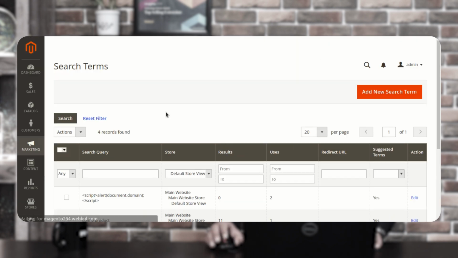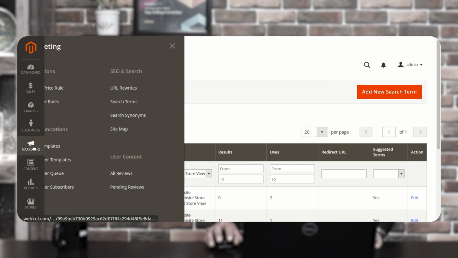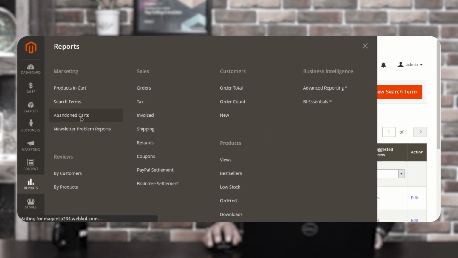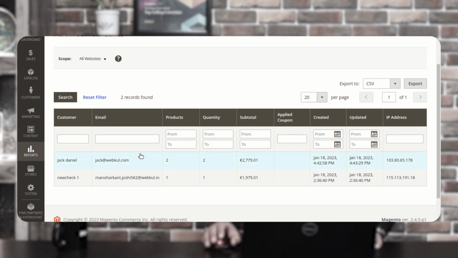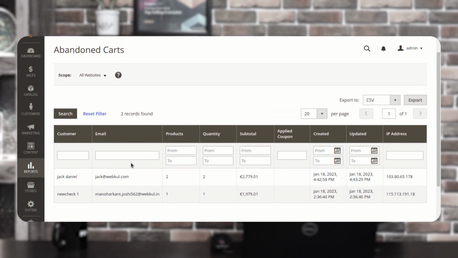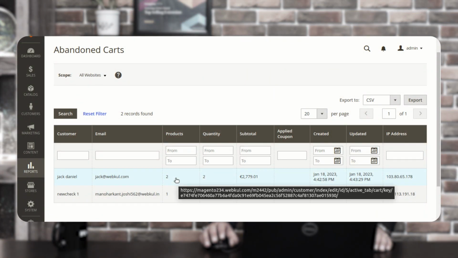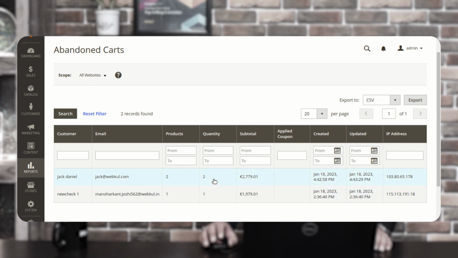So this was the particular section for the report section, and it was the search terms. Now let's come down to the abandoned cart section. Now under the abandoned cart section, here what happens is that the admin would be able to see the complete list of abandoned carts there by the different customers itself, and from here he can see the name of the customer, the email of the customer, the number of products within the abandoned cart, the quantity of the products within